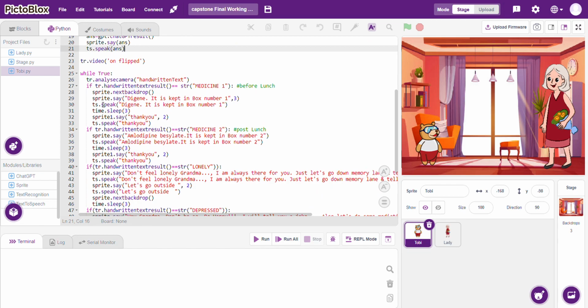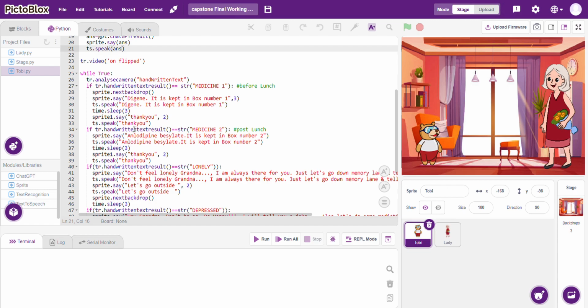The backdrop displayed by the Toby sprite changes using sprite.nextBackdrop. Depending on the result of the handwritten text recognition, tr.handwritten text result, the virtual assistant responds with specific messages